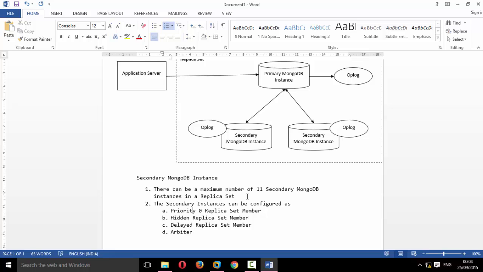Okay, now let's look at what exactly this is. So priority 0 replica set member means it can never become a primary. It can never ever become a primary. The reason is